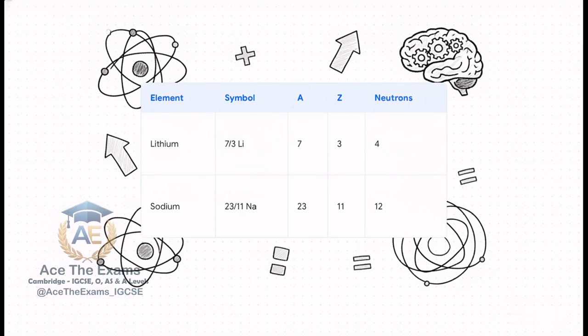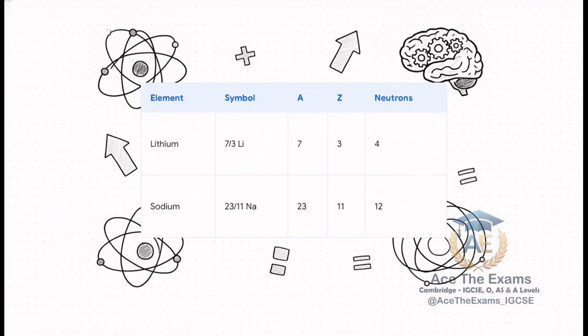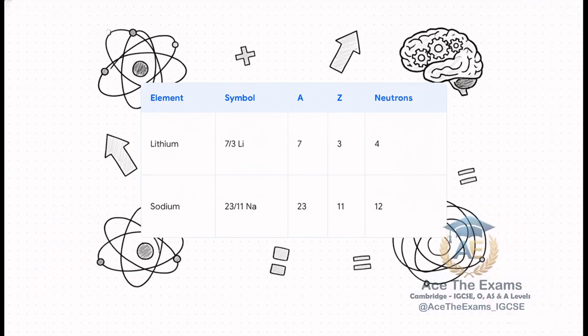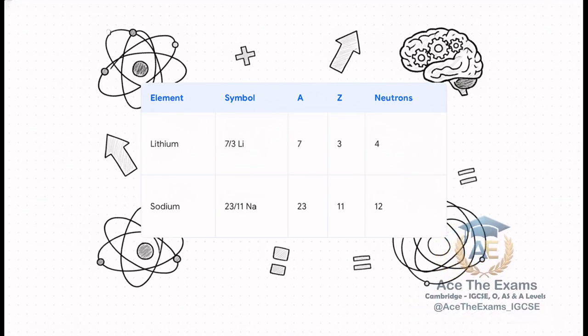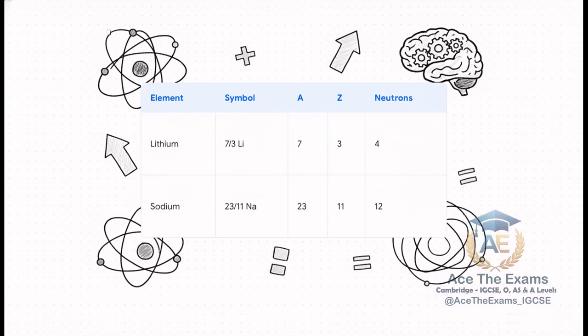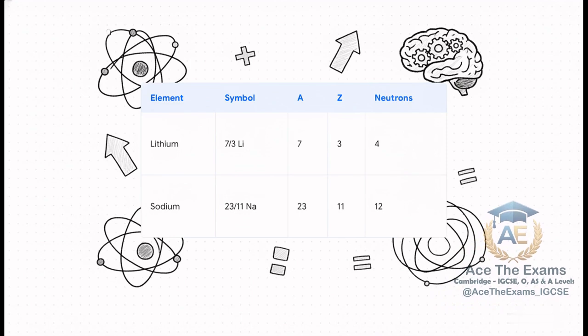Take lithium. It has a nucleon number of 7 and a proton number of 3. So, to find the neutrons, you literally just subtract Z from A. 7 minus 3 leaves us with 4 neutrons. Boom. We see the exact same logic with sodium. 23 total nucleons minus 11 protons gives us exactly 12 neutrons. Getting lightning fast at this mental math, just doing A minus Z in your head, is honestly your first quick